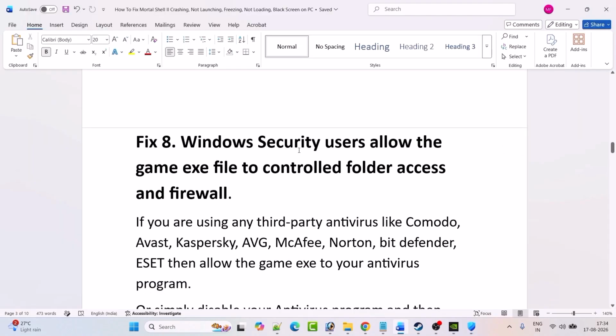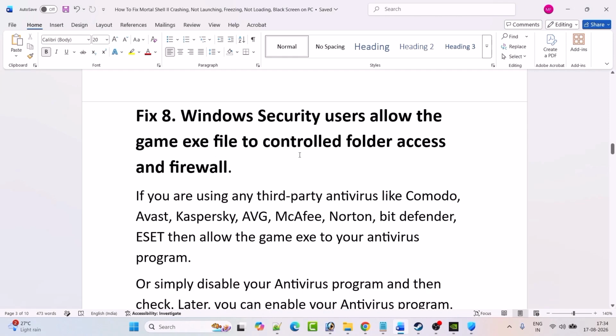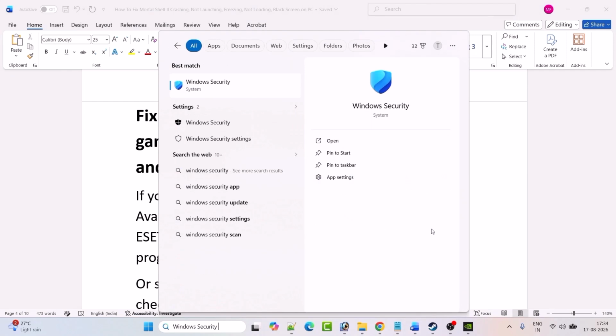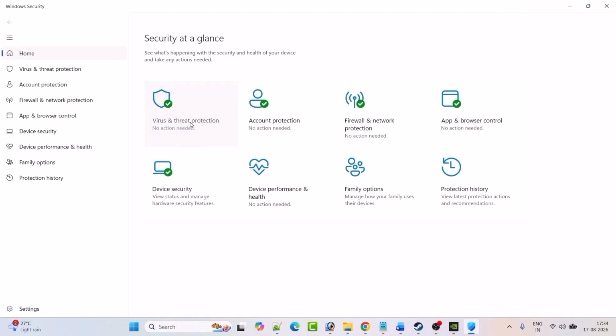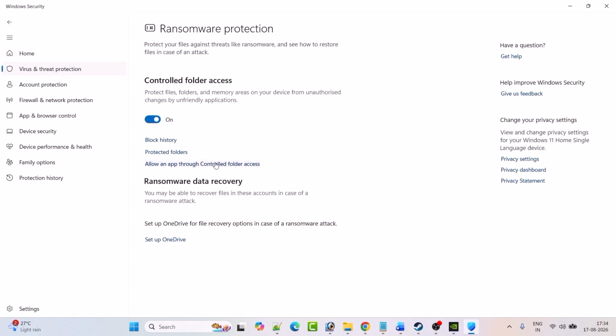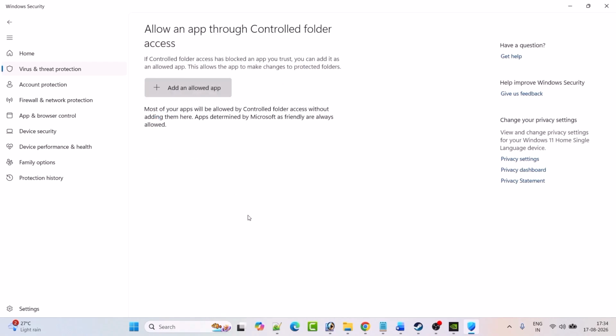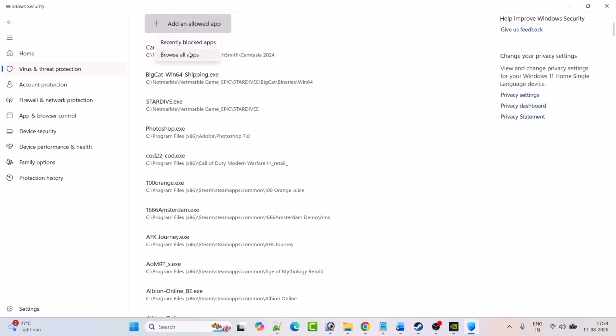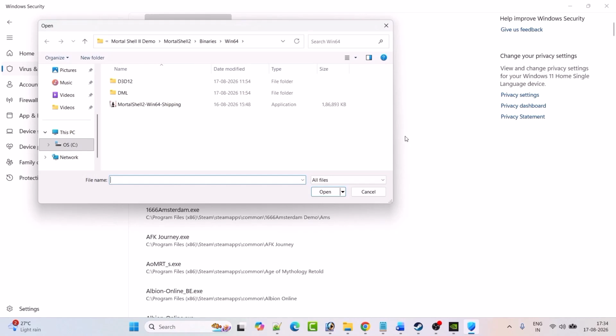Fix 8 is for Windows security users: allow the game exe file through controlled folder access and firewall. So in Windows search type Windows security and open Windows security. Then click on virus and threat protection. Scroll down, click on manage ransomware protection. Click on allow an app through controlled folder access. Click yes to allow. Click on add an allowed app, browse all apps, and then browse to the game installation